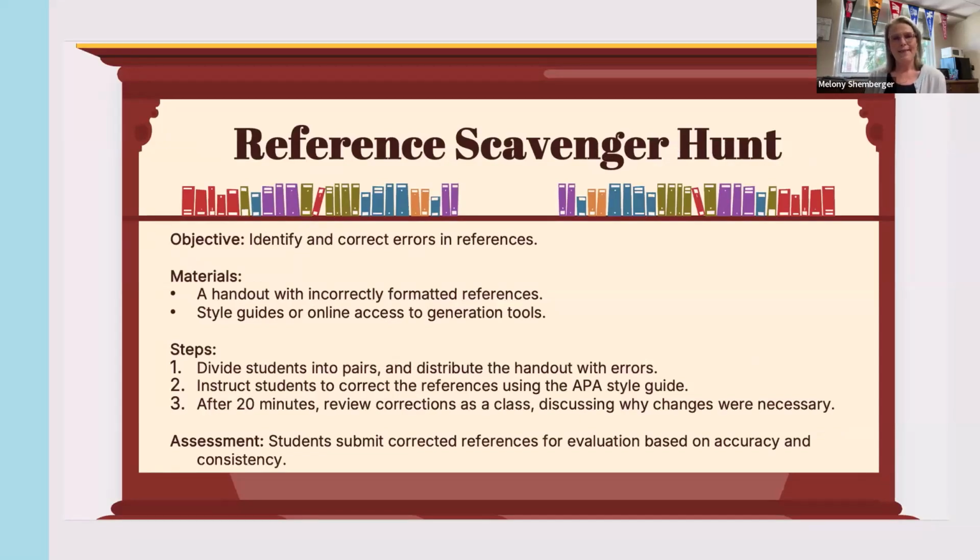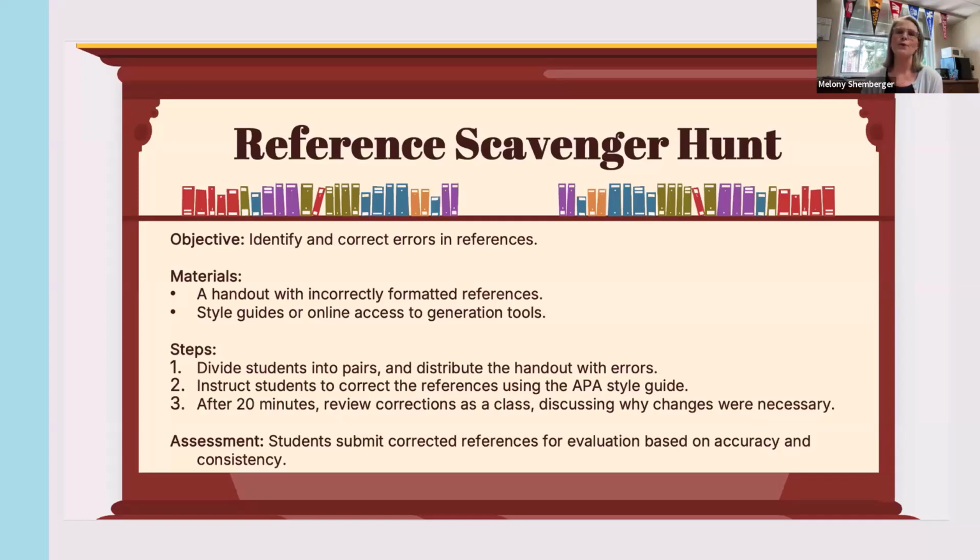So once we did that, I then gave further instruction about the publication manual. I directed them to the reference list and reference examples, because now I want them to understand, now that you've put together those important pieces of data to make it into a reference for the song to help me go find the song, let's now think about how when we look at any type of article, whether it's scholarly,